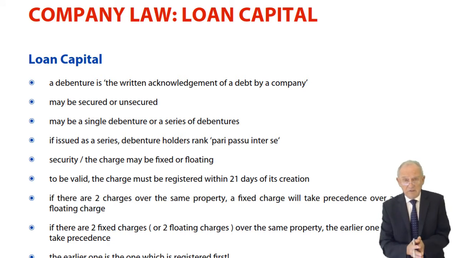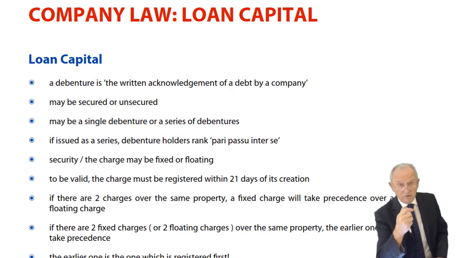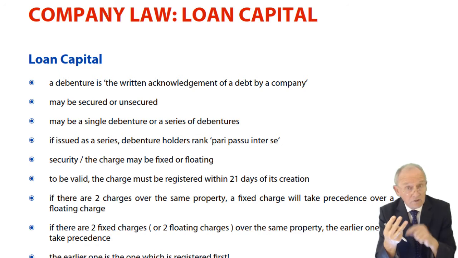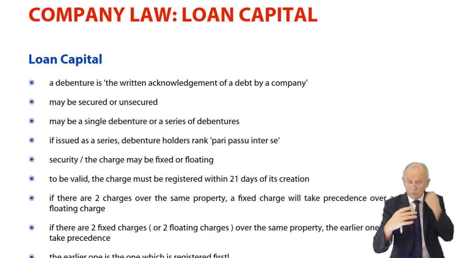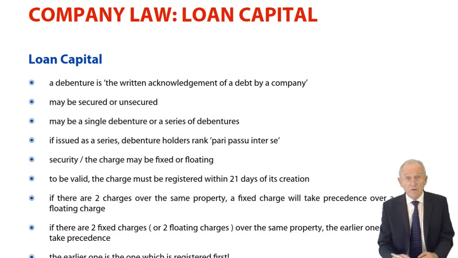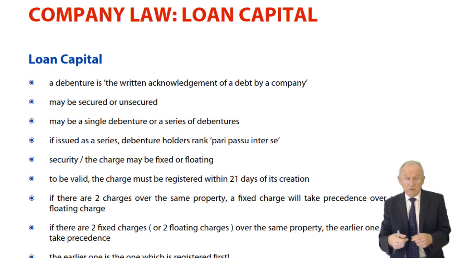So it is potentially the case that you've got really three classes of debenture. You've got one which is very, very well secured, and one which is quite well secured, and then the one that I had, which was unsecured. It's important that we get those securities right in the right sequence, and we know the pecking order of these secured or unsecured debentures, because that affects the distribution in a liquidation. Heaven forbid that we should be liquidated, but if there is a liquidation, then the distribution of the assets is dependent upon fixed security, floating security, or no security at all.